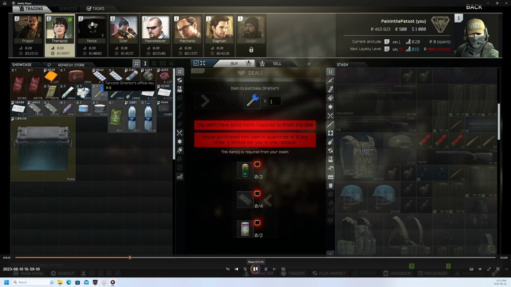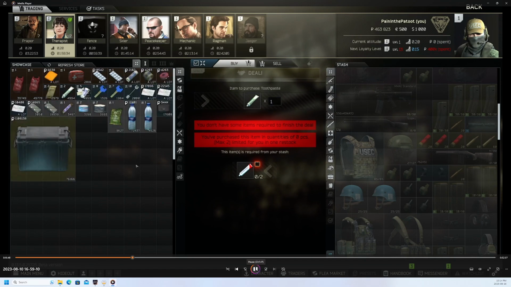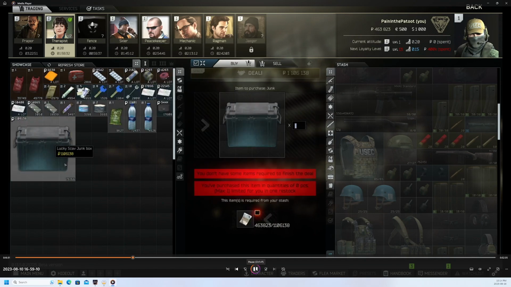Again, we got a lot of items to barter for, and it shows you what you need to get it. So for this director's key, I need 2 iced teas, 4 crackers, and 2 cans of squash. And once I have that, you'll see all the items light up, and there'll be a check mark beside them, and then you just click deal. Trading is also considered buying. So each item has something that you need. In this case, for the junk case, it's just money. So you need over